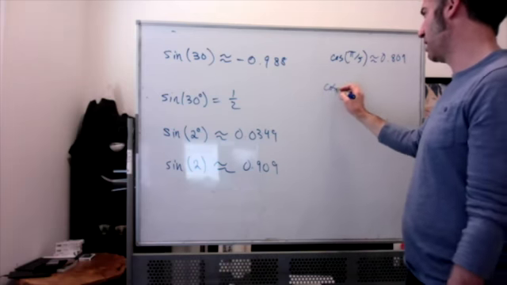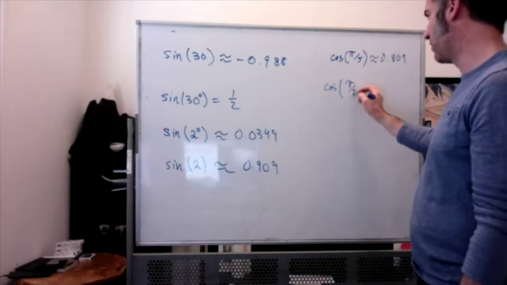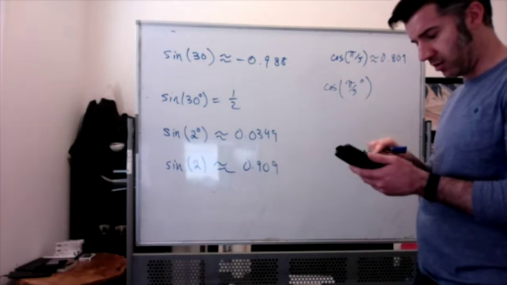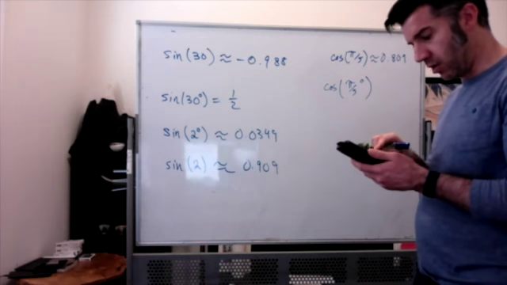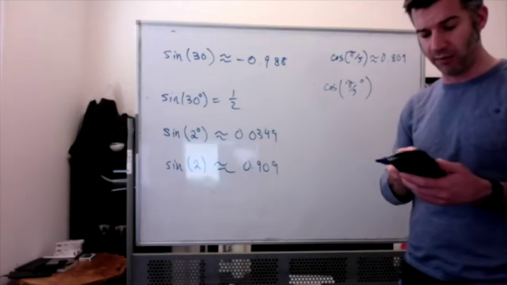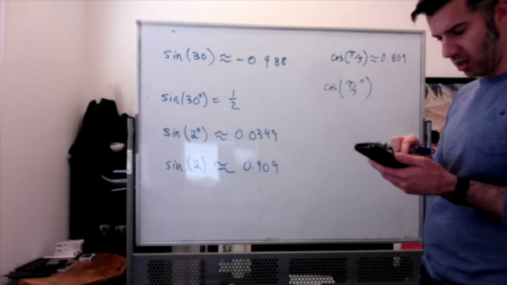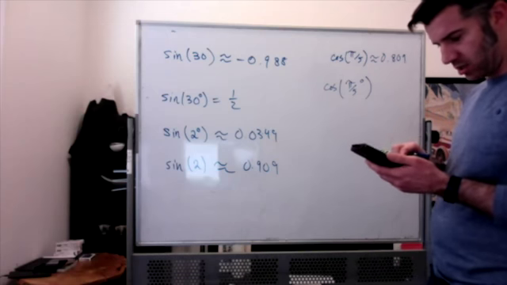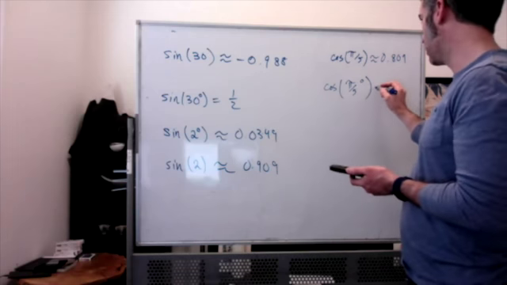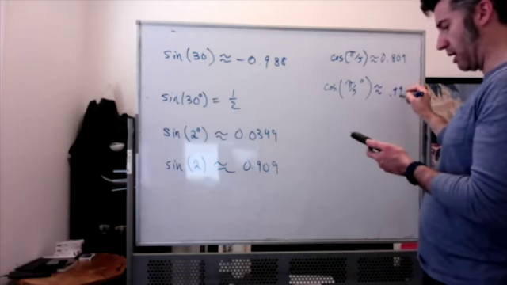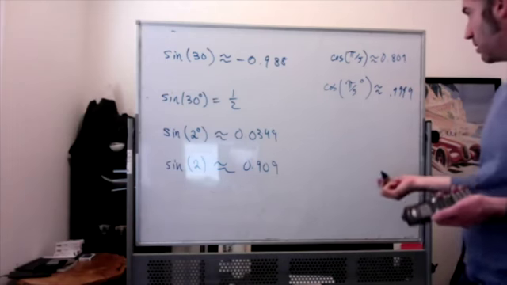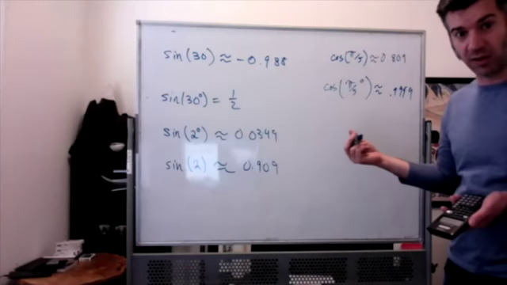You could do cosine of pi over 5 degrees. That would be weird though. But if you did, going back to degrees, so change the mode. For some of these homework problems, you're going to have to change the mode on your calculator between degrees and radians back and forth. So if I did cosine of pi divided by 5, and I'm in degrees, it's going to be weird. It's going to be approximately 0.9999,